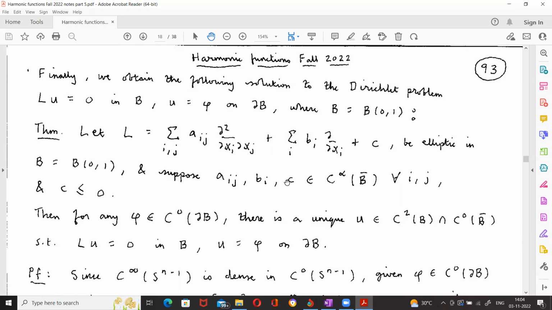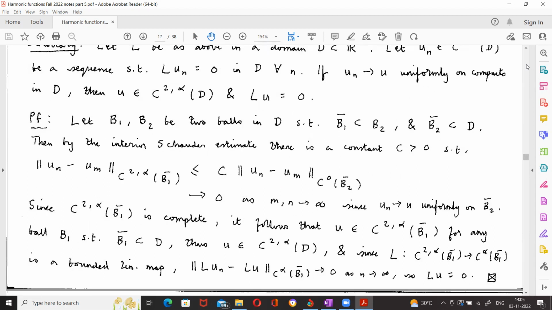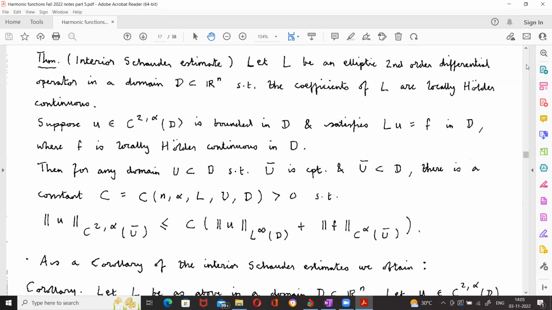The first step was to prove this for the Laplacian, for the Euclidean Laplacian on the ball. Recall earlier using the Green's function for Rn and then the Green's function for the unit ball in Rn, we were able to prove this theorem for the Euclidean Laplacian, right? We proved this for the Euclidean Laplacian. And then what we proved is the following. Well, what we stated without proof, rather,